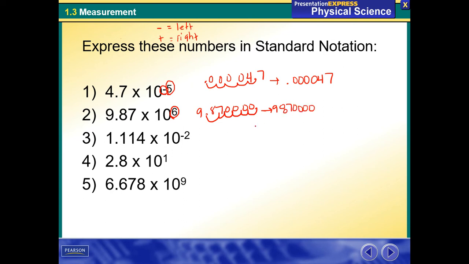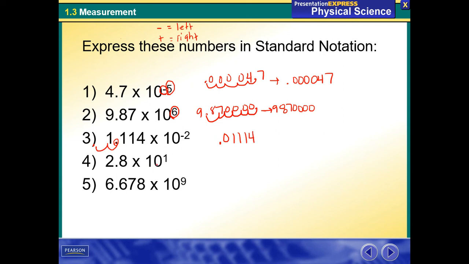Okay, there you go. And I want you to pause this video and try the other 3, and then unpause it when you get a chance to try them. Okay, hopefully you guys tried the other 3, so let's go ahead and check your answers. Here, this one says I'm moving this to the left 2 times, 1, 2. So you should get